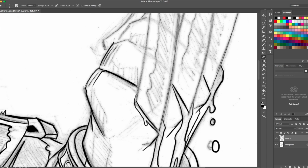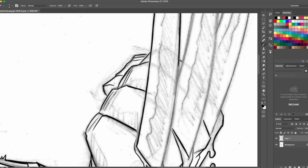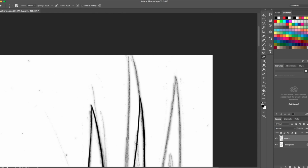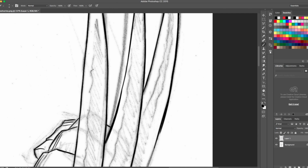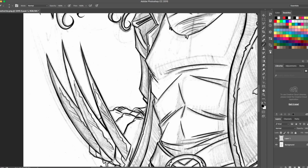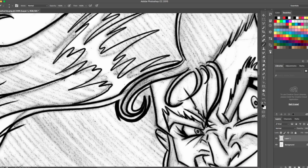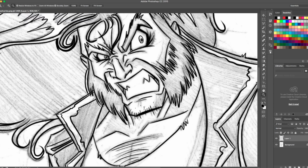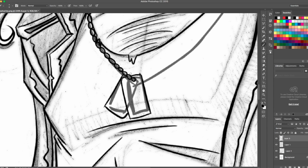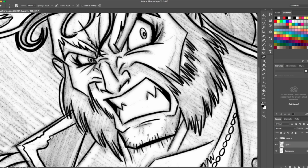Okay. Oh, here's something I actually wanted to mention. It's about his claws, because whenever I drew Wolverine in the past, I usually had the habit of drawing his claws really long, because I wanted a real nice savage feel to him. Then I met the great Stephen B. Scott, who did a lot of stuff for Marvel and DC. He told me he gets really pissed off when artists draw Wolverine's claws super long, because when they retract back into his body, if his claws are really long, then his forearm should also be super long. So that's something I took into account, so that I don't offend the masters, so to speak. So if he's ever watching, thank you, Mr. Scott, for helping me out with that bit of insight, and I hope you're